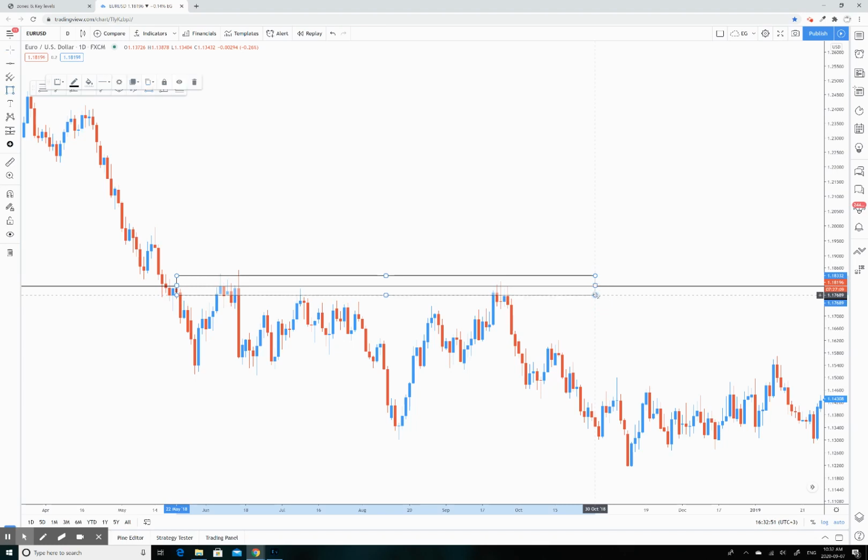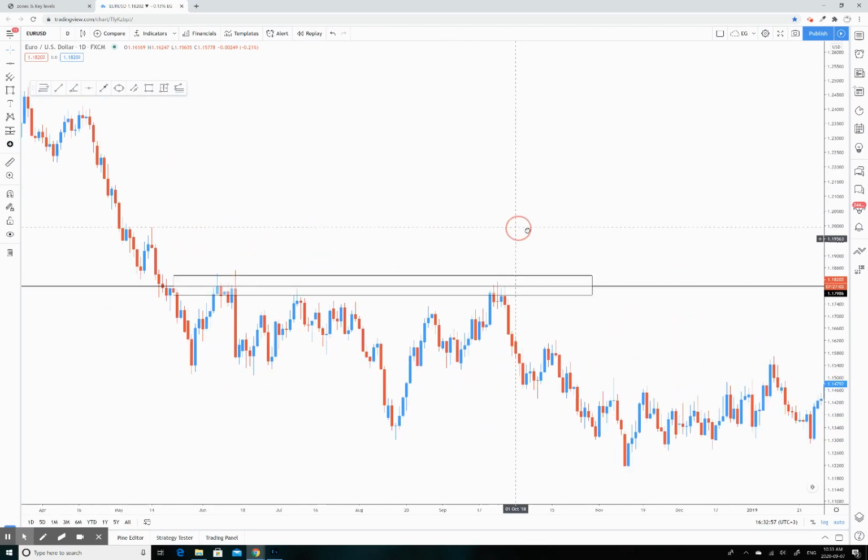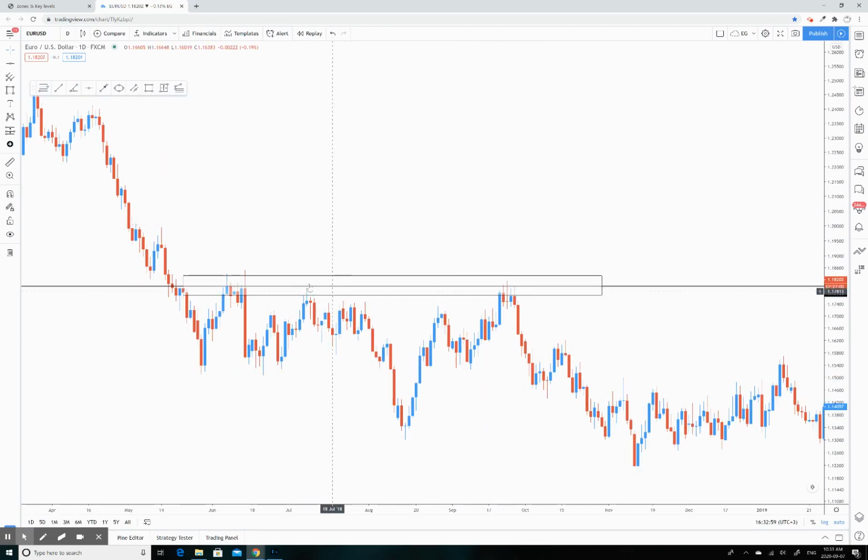So I'm going to stop right here. I could go down and try to cover these guys, but that's going to be a really big, ugly zone that I don't want to work with. So I'm just going to include as many as I can, okay? So the same thing as when I draw my support and resistance line. And again, you can extend this out